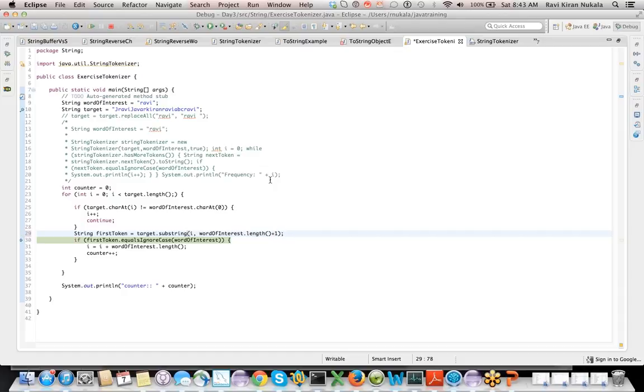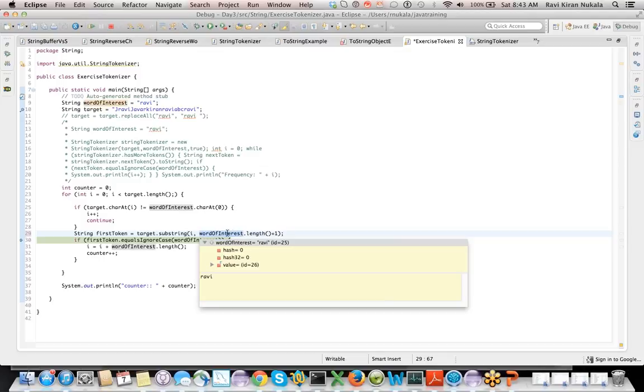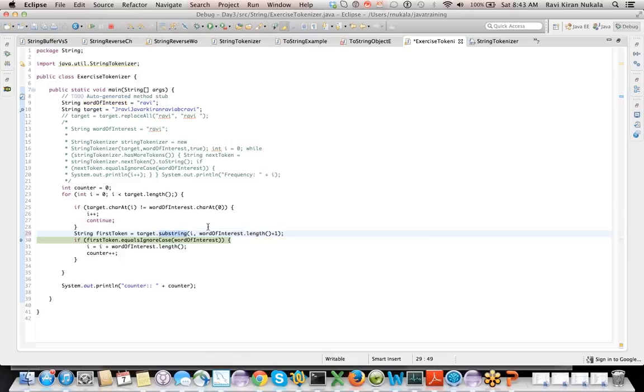Plus i, plus 1. The reason being, we want the length, which is 4, right? But the second index of substring starts with 1. So if I just do plus 1, that should be fine, right? If i is 5 or something, it won't work. Why? What happens then? Let's see. Why do you say when i is 5 it will not work? The word of interest length is always constant for us, right? Okay, sorry. If that varies, then no point.